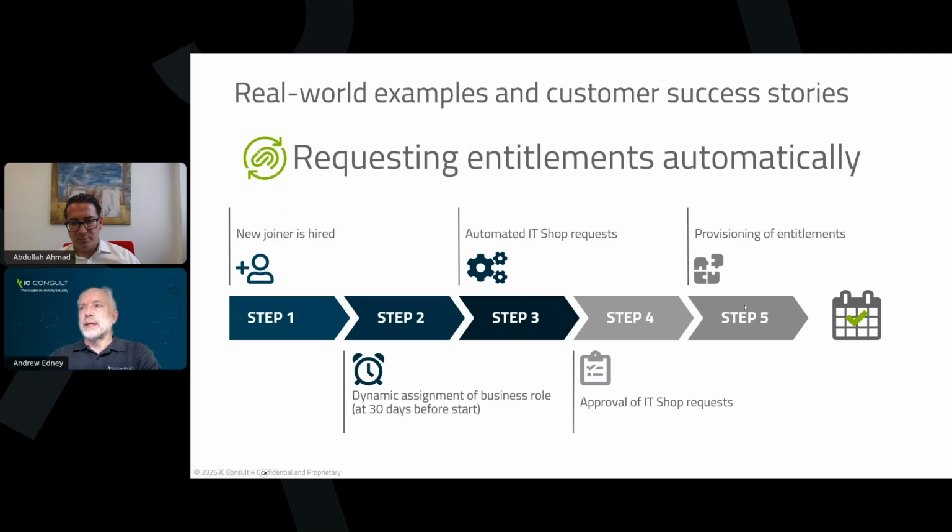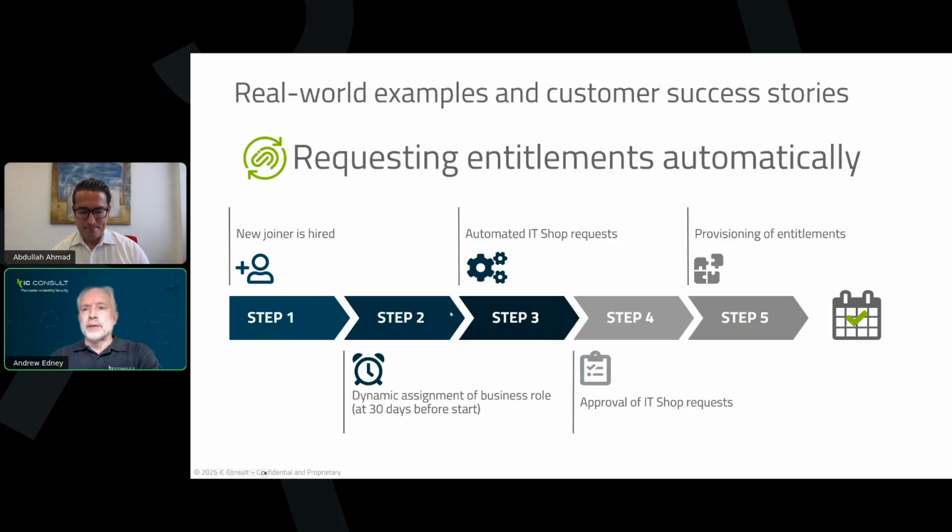In their particular case, they had a new joiner workflow where most of their new joiners needed to be given an Exchange Online mailbox, but not all of them. And when they were given a mailbox, they needed a specific kind of license. So what they wanted was a system whereby when the new joiner was hired, the system would be told this by the HR feed, and 30 days before they started, the system would then start the process of assigning them the entitlements they need.